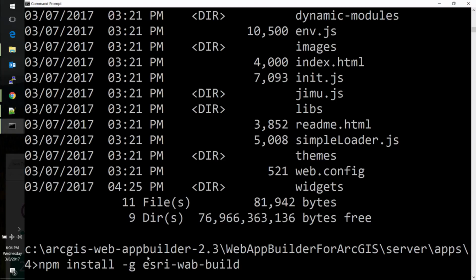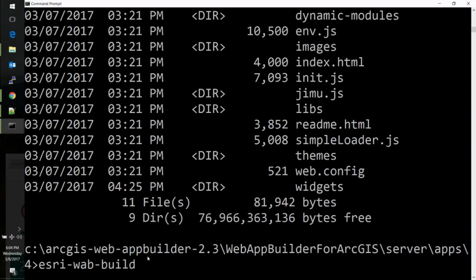And that's going to make it possible to run that single command line argument from any complete Web App Builder application. And this is going to be in the actual app that you're going to deploy in production, not in the widget code. Because it goes through, it checks your config file for which widgets you're using, and it builds out a layer file for them. So I'm going to kick off that build really quickly